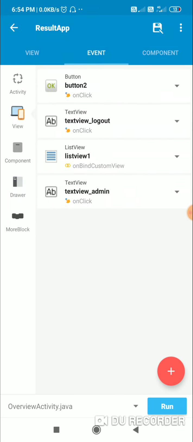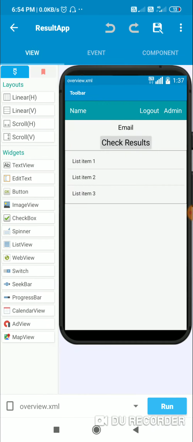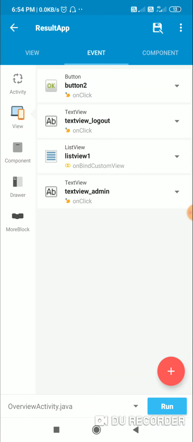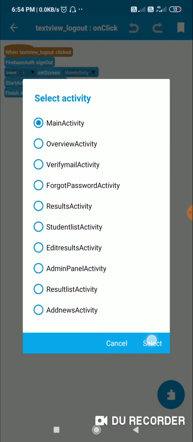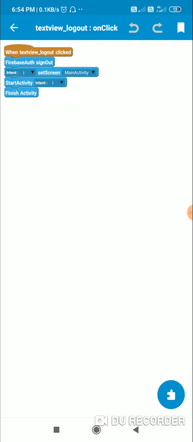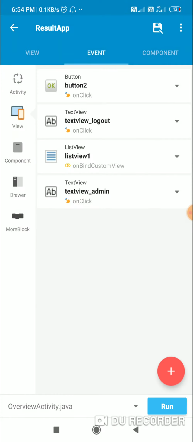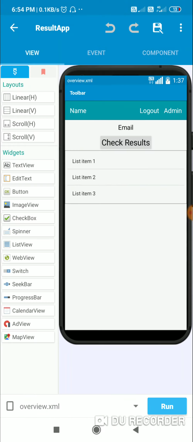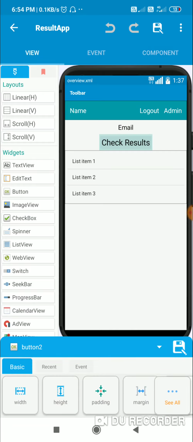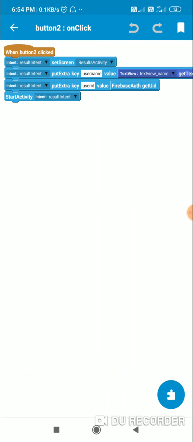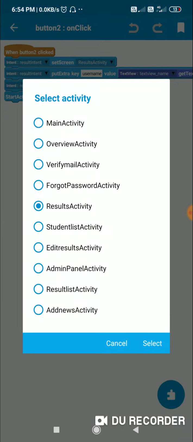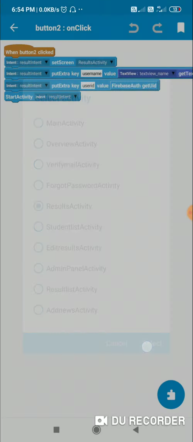Now the buttons. The buttons are the logout button. When logout button is clicked, I use Firebase auth sign out, set screen main activity, and finish activity. Next is the admin button and check results button. So when this button 2, which is check results button, is clicked, I set intent screen to results activity.